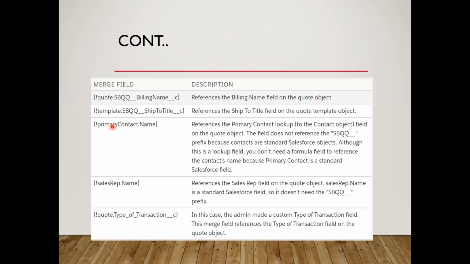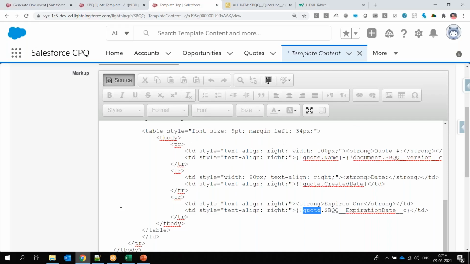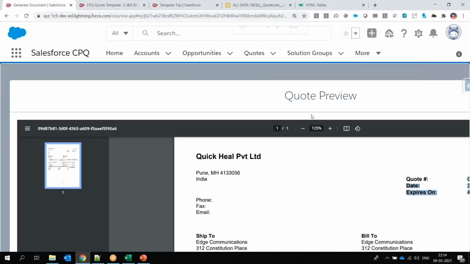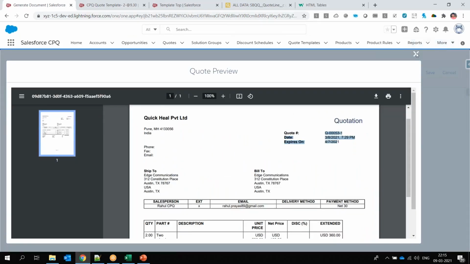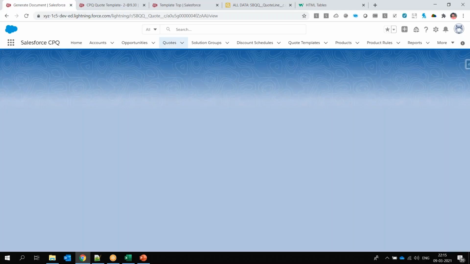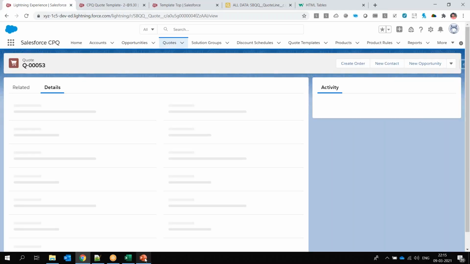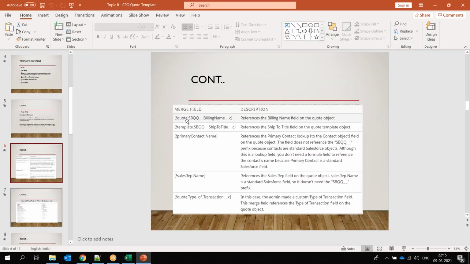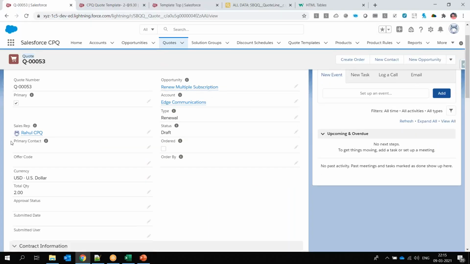There are two more things. Primary contact dot name. Primary contact means on the code object, if I go to any code, one thing here is we can only fetch the code data and template data. You cannot write opportunity dot something. You cannot write code line dot something. It's not allowed. Only code and template are allowed,